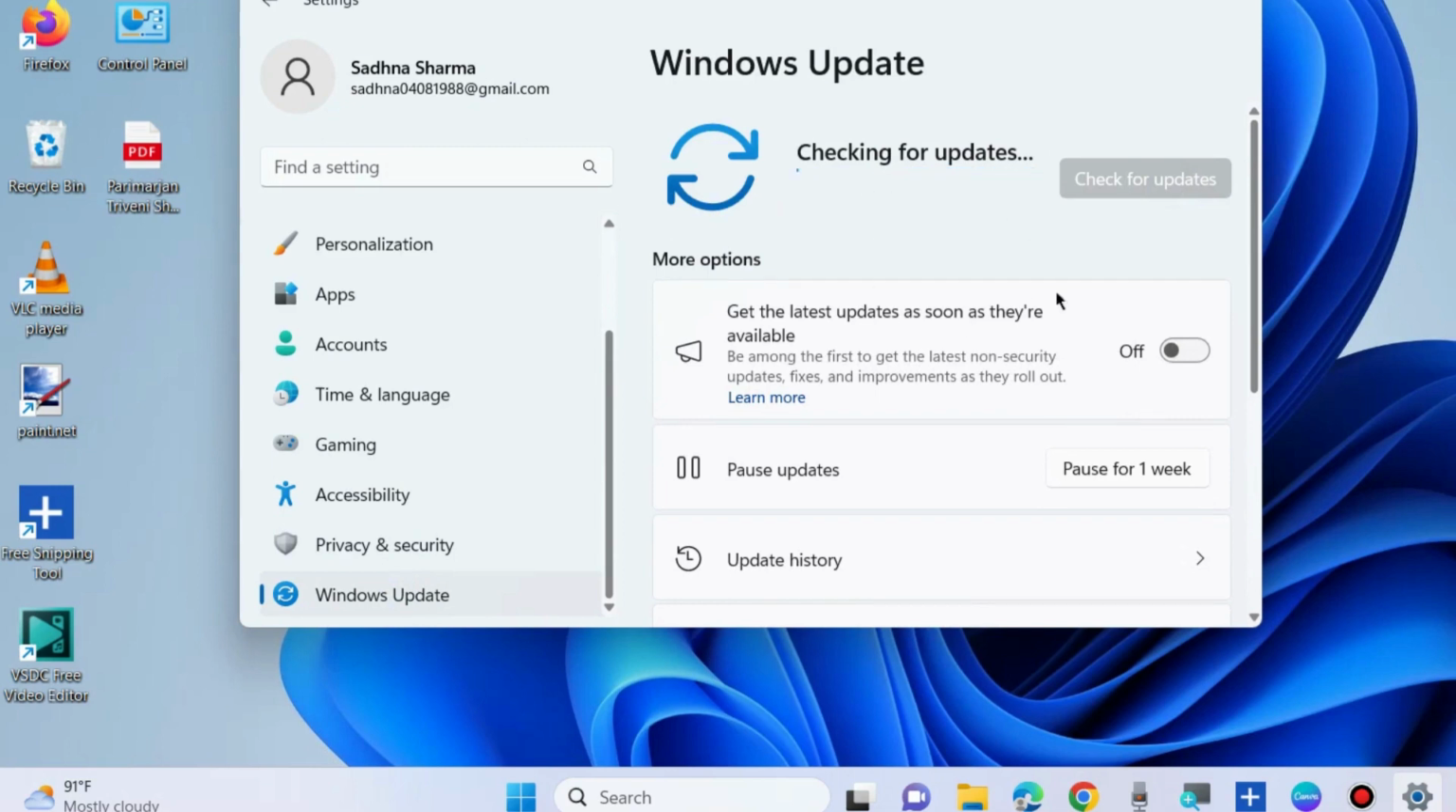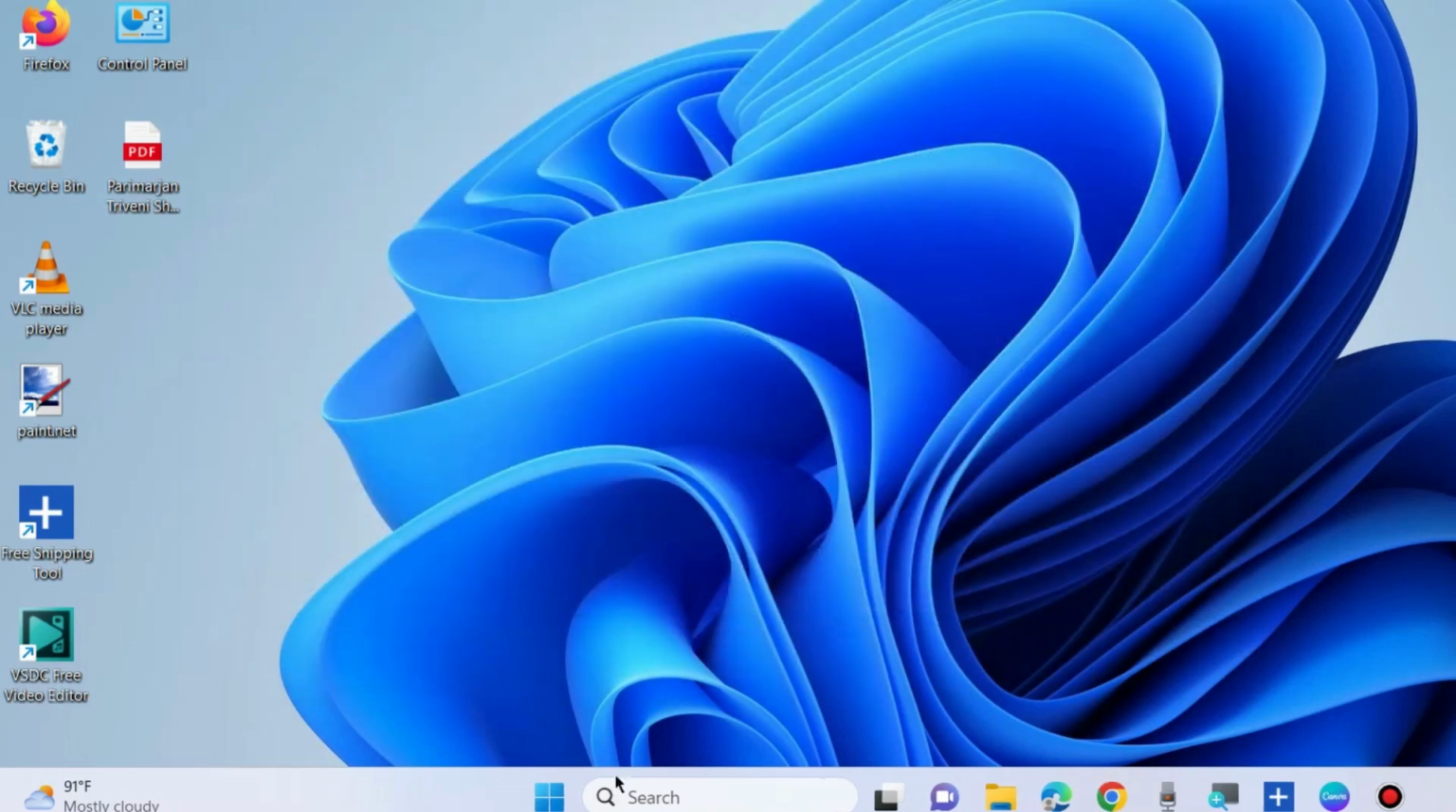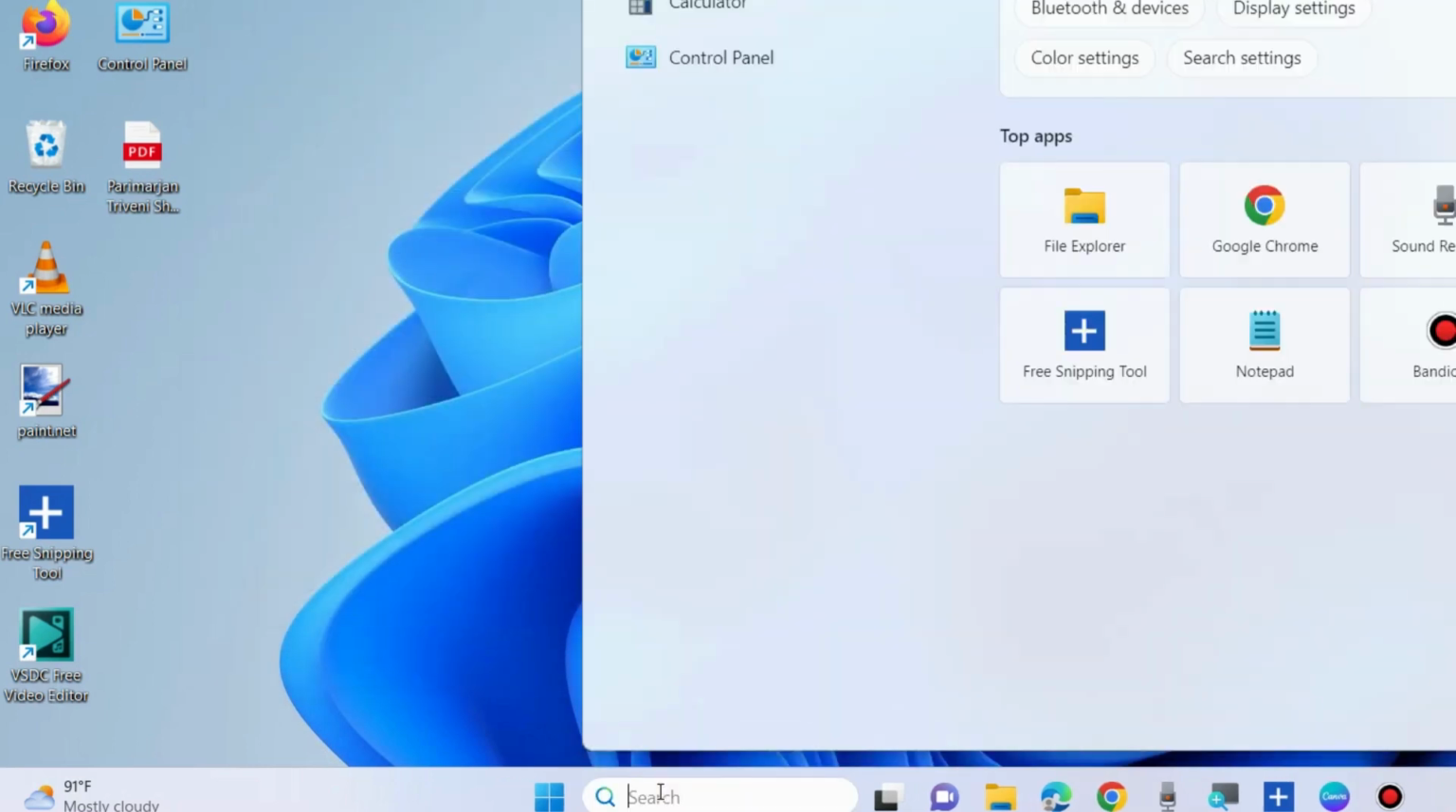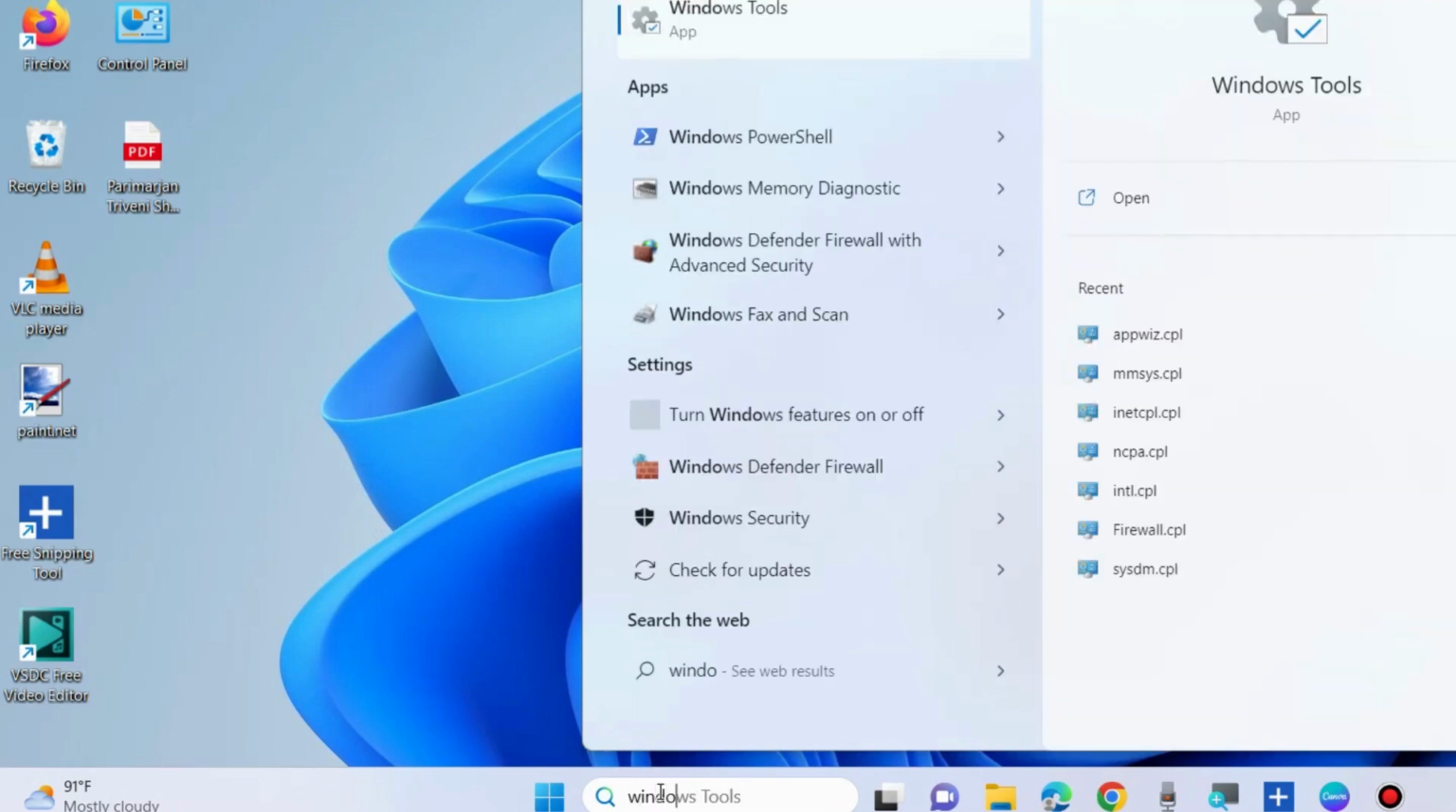download and install them. Sometimes an outdated Windows OS may be a cause of news and interests or widgets not showing in Windows 10 and 11. The second workaround to fix this issue is go to Windows search, type Windows security,